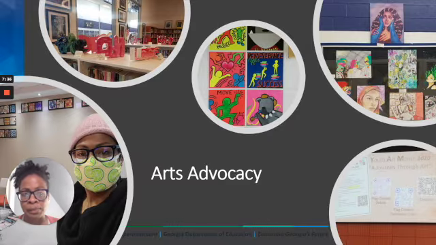And again, showcasing work as much as possible. These are images in the top right of artwork from my AP students last year. And again, allowing teachers, guests in the building, and administrators to see how talented a lot of your art students are is really important. When you go to conferences and hear about different opportunities for competitions or display, making sure you follow through, getting information, taking it back to your school, sharing it with your students, sharing it with other teachers, is another way to definitely promote and advocate for the arts.